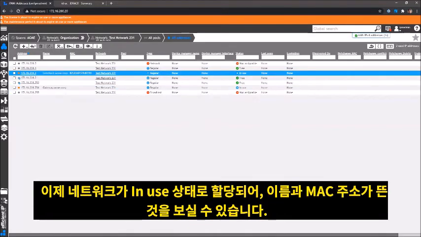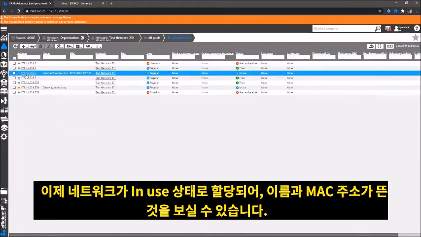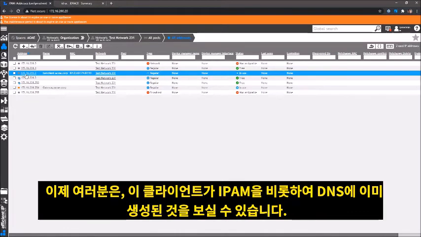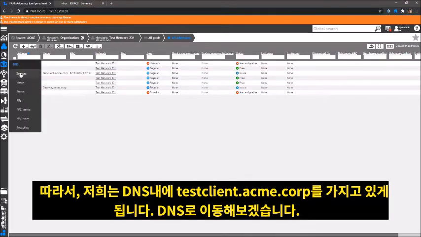So now we have this name, testclient.acme.corp, with this MAC address assigned, in use. So now you can see that this client is already created in IPAM and also in the DNS. So we have this testclient.acme.corp in the DNS. So if you head to the DNS,